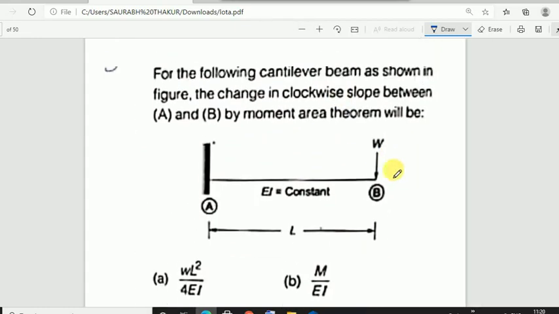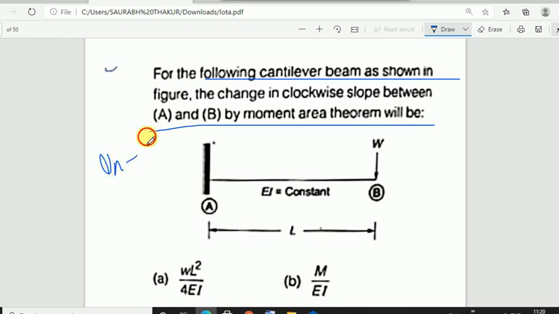Again, for the following cantilever beam, the change in clockwise slope between A and B by moment area theorem will be theta A minus theta B, or mod of theta A minus theta B, it would be the same. Okay,